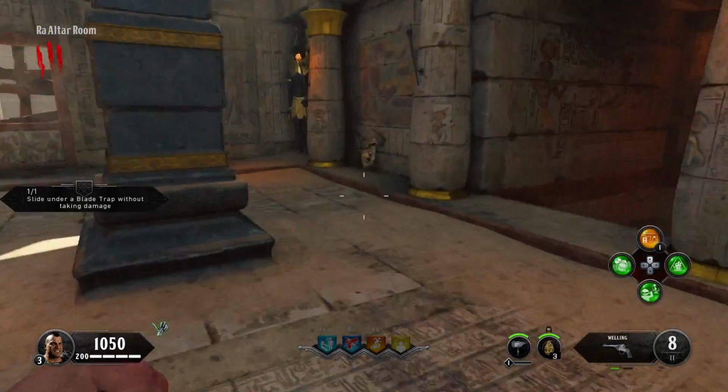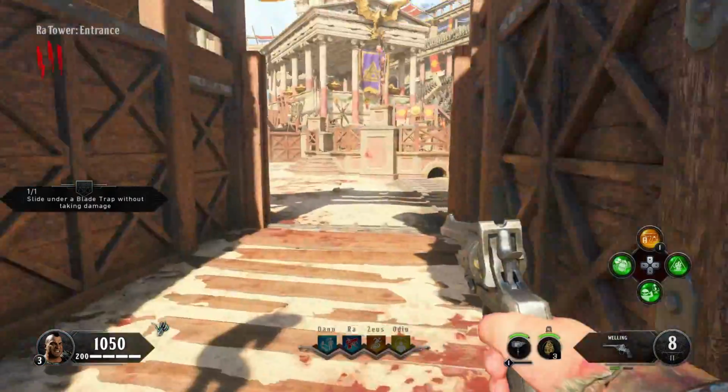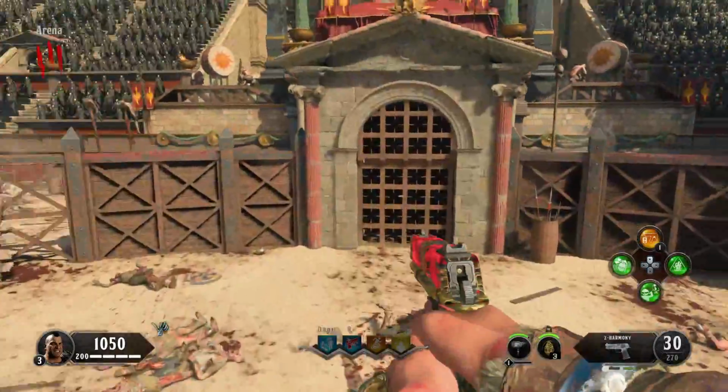So that is a really easy one. You just got to spend some points just to get to it. That's the most challenging part about that challenge there. But now it's done. You've completed 3 challenges, and your reward is going to be this Pack-a-Punch pistol, and it